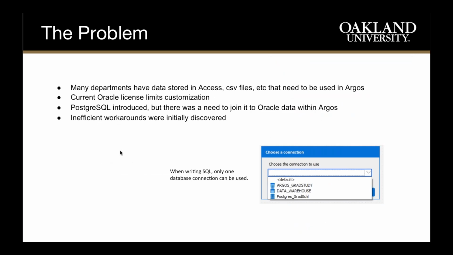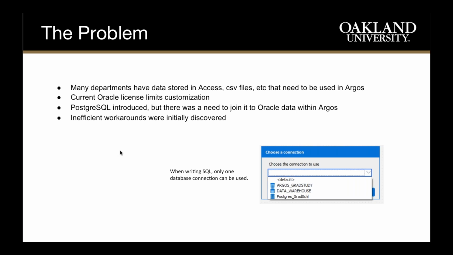So the problem we're going to be talking about today has to do with the limitations as far as joining together multiple databases within Argos. Many departments have data stored in Microsoft Access, CSV files, etc. that need to be used in Argos. Our current Oracle license limitations prevent us from creating custom tables within Banner to store data. That would be the easiest solution, is just to create more tables in Oracle. That way we can join together data there, but